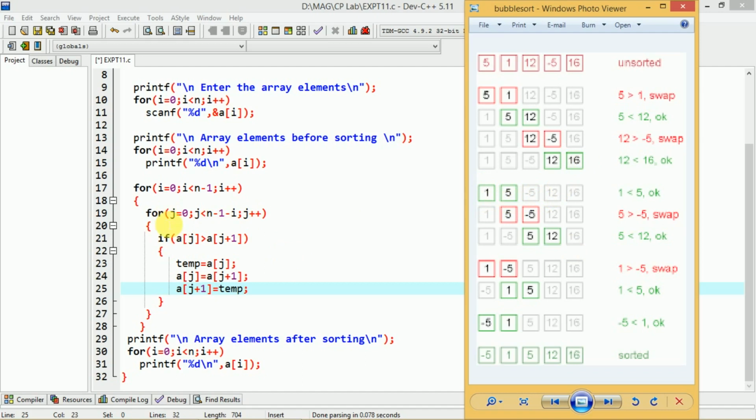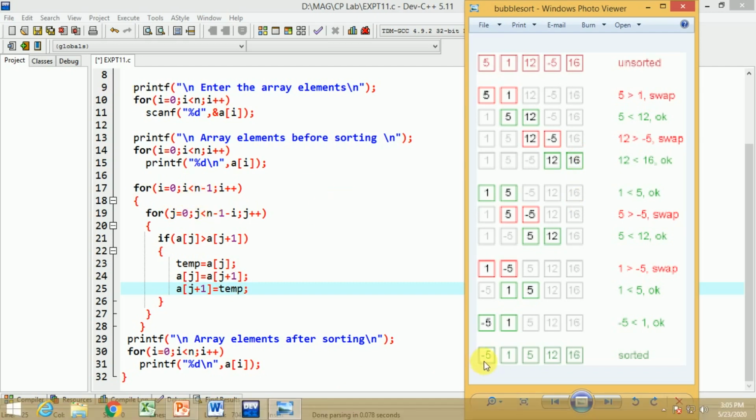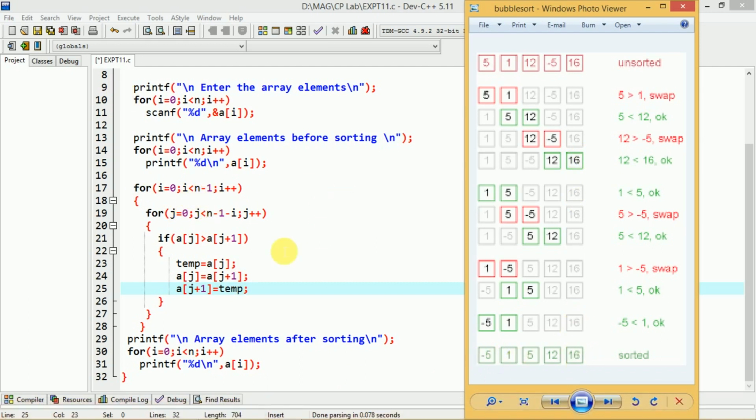As a result, through this inner for loop we are going to skip considering the element which is already placed in its final position. I hope all of you understood this particular logic, how exactly the bubble sort algorithm is implemented. Again this outer for loop will be executed till n minus 1. So n minus 1 means it is 5 minus 1, that is 4, so 0 to this location. Whenever this outer for loop also completes its execution, whatever the content of array A is there, the elements will be sorted in ascending order.